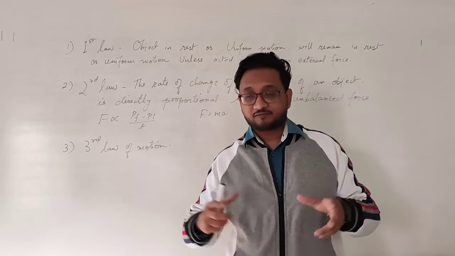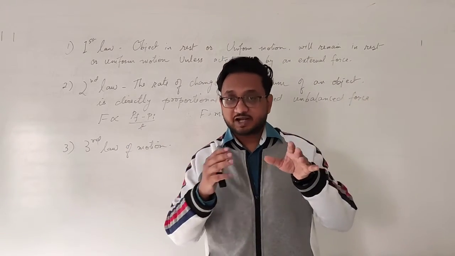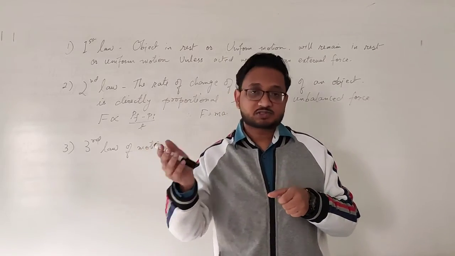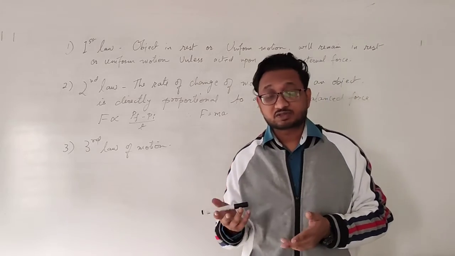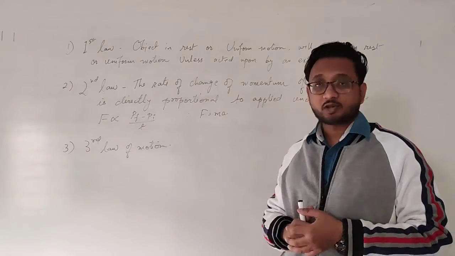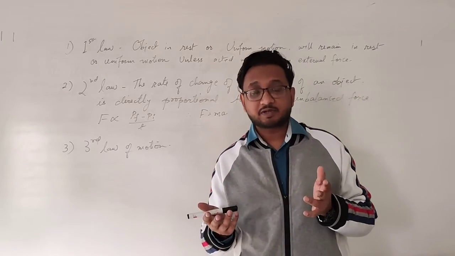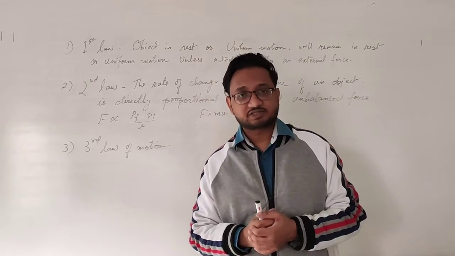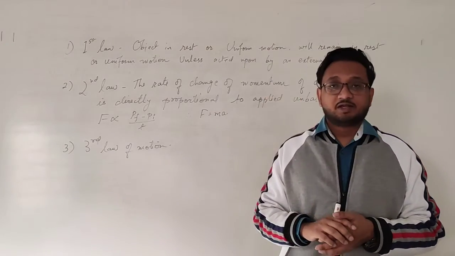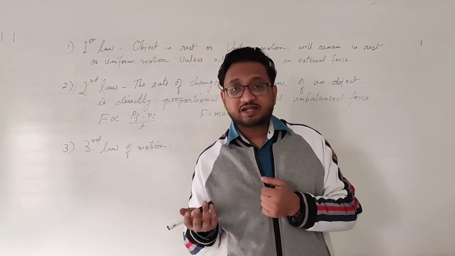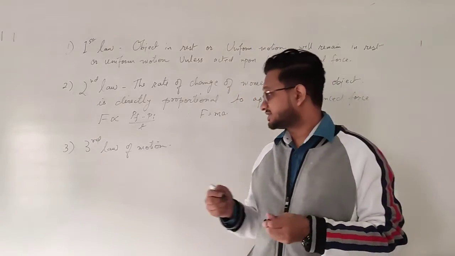Very simple. If two balls are going to collide with each other, then the first ball strikes the second ball, and the second ball also strikes the first ball, and that is why they both go in different directions, depending on the force that they are applying. So first one is action and the other one is reaction, and they both happen on different objects, not on the same object. So that is important. So for every action, there is an equal and opposite reaction happening on two different objects.